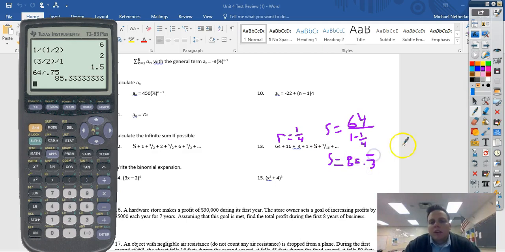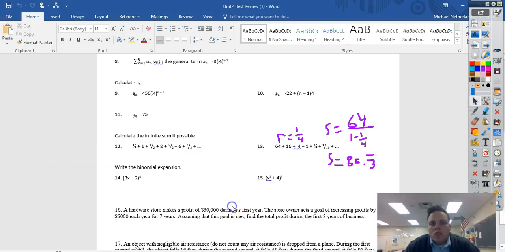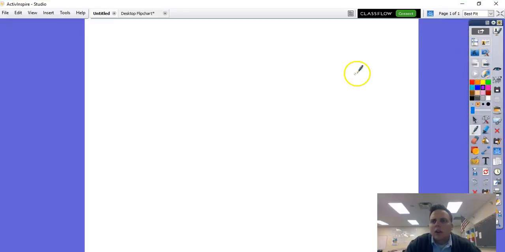0.3 repeating. Alright? Okay, let's move on to number 14. It says, write the binomial expression. I'm going to need a little bit more space for this, so (3x minus 2) raised to the 4th. You guys should be able to squeeze it in there. It's just hard for me to write small using this. So it is